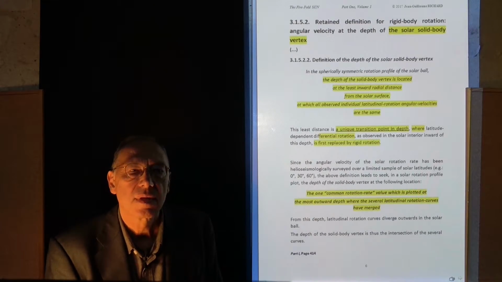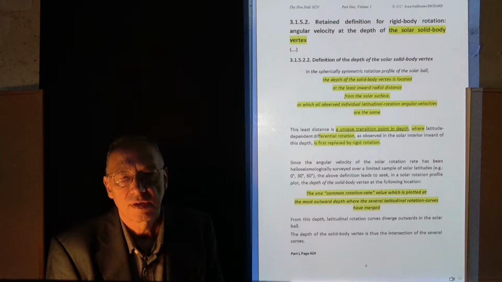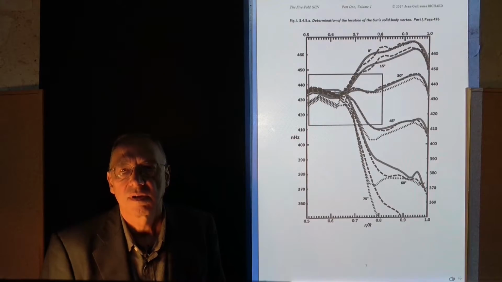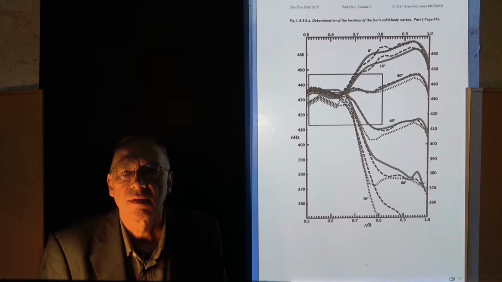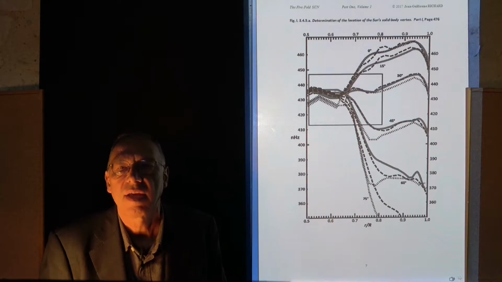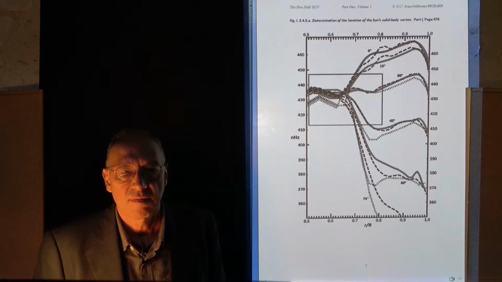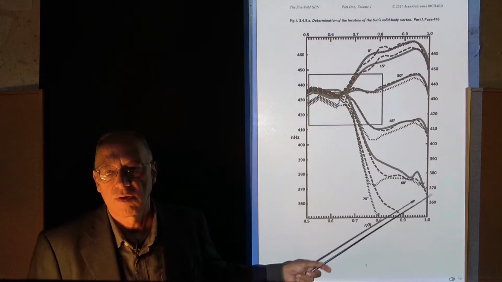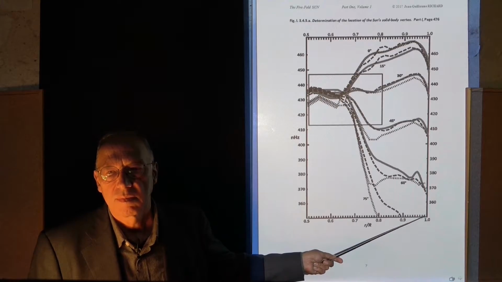This, at face value, rather theoretical approach is in fact a translation in words of the graphical finding that you can glimpse in this figure. This figure is figure 1.3.4.5a in the Fivefold Sun, and it represents a cross-section of the solar ball from the surface at